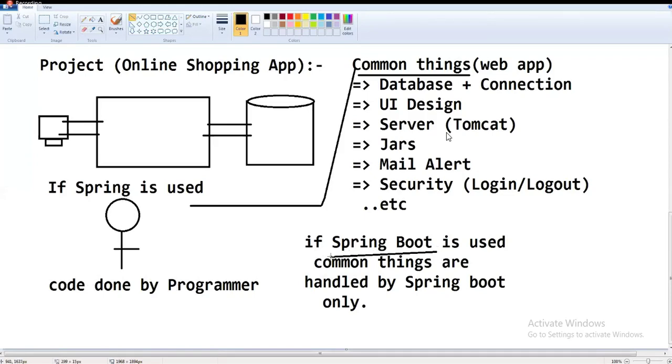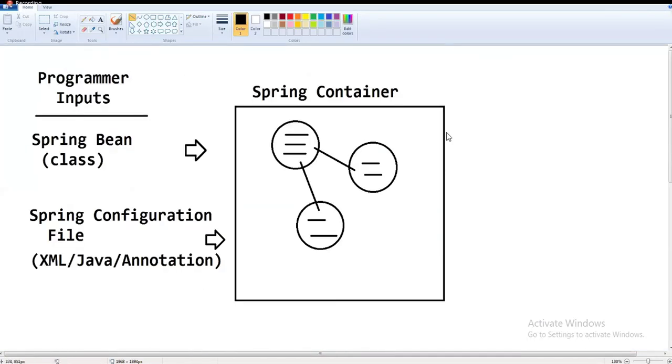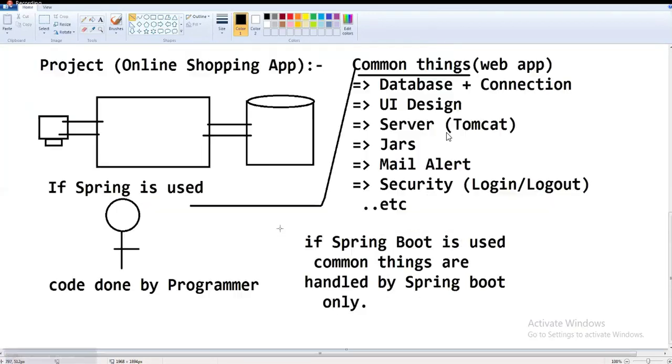Okay, Spring Boot is nothing new or different here. It's the easiest way of writing Spring projects. In Spring, if you write 100 lines of code, in Spring Boot it will become some 40 to 50 lines of code, because some common things are going to be reduced. What the different common things are, and how they are reduced, we are going to see one by one. So observe here.